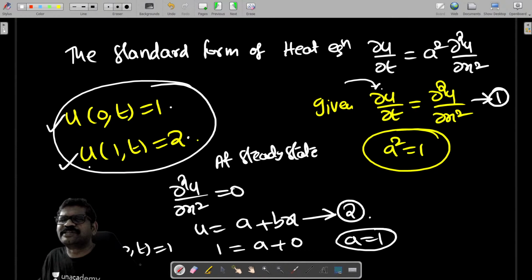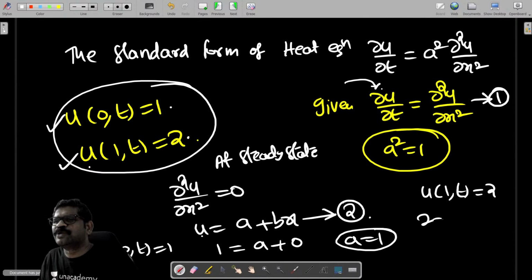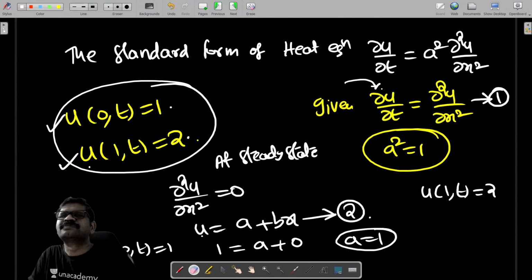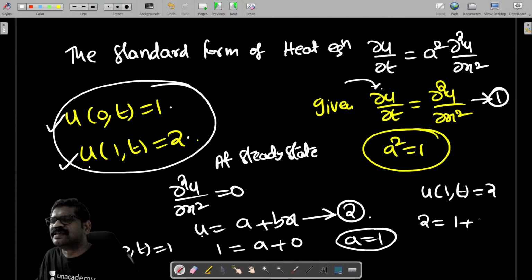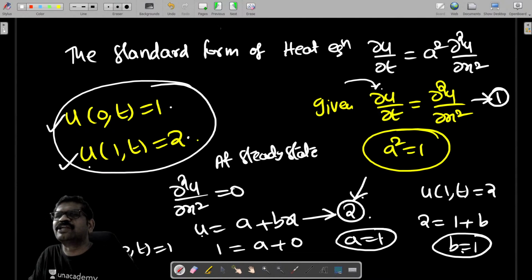Apply the next boundary condition, u(1, t) = 2. Applying that boundary condition in equation 2, you get 2 = a + bx, that is 1 + b into 1, therefore b = 1. Substituting a = 1, b = 1 in equation 2, you will get u equal to